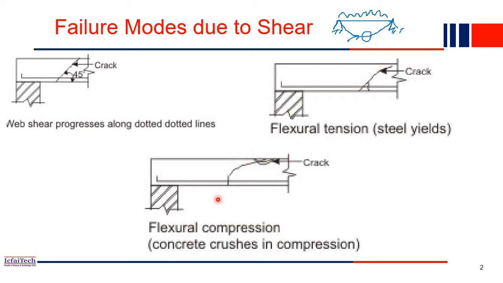You will find it out. Still, there are no failures. That's why it is straight vertical, but concrete has failed here. Okay, so that's where a crack will be developing. So these are the different modes of failure due to the shear.